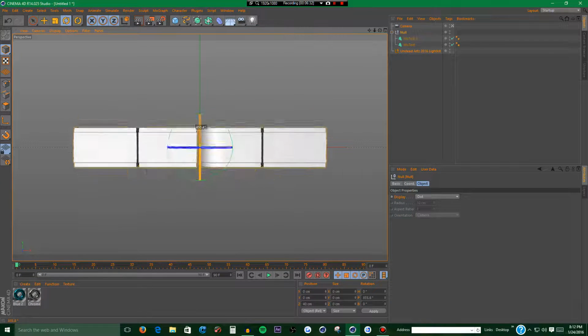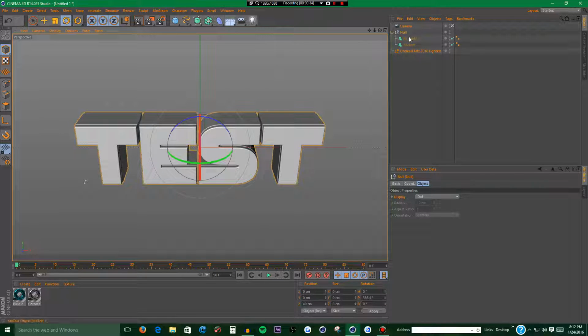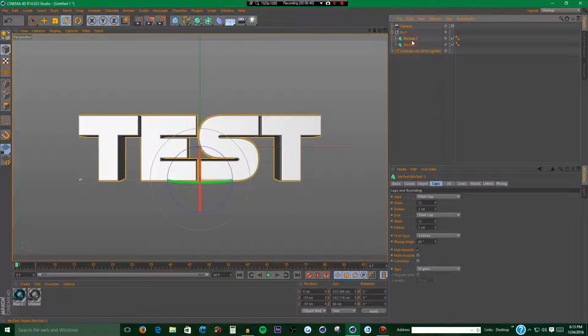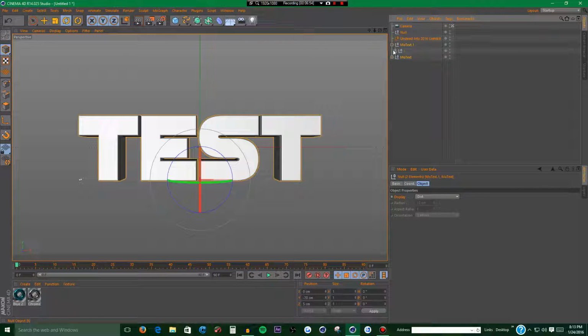It should rotate like this just fine. But if you're gonna do it like I do, you don't need to worry about that, because you will be doing that later. So if you're gonna do it the way I do, which is editable text, you want to drag the texts out of the null, hit C to make them editable, open up all the texts,